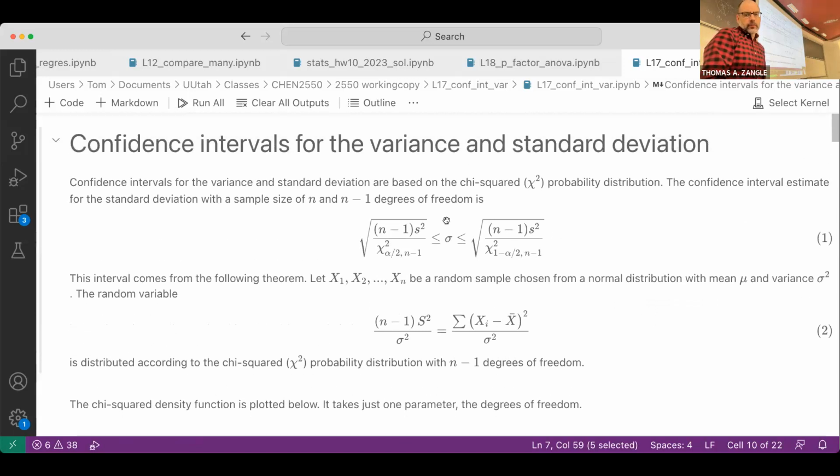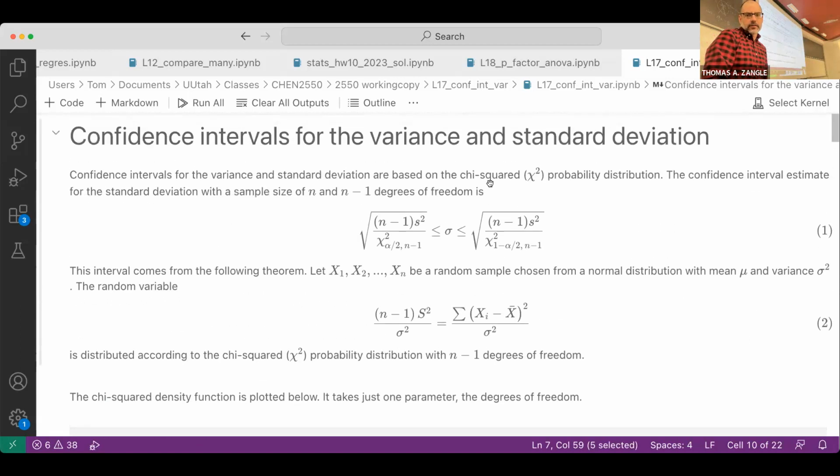We'll start with confidence intervals, and maybe we'll leave hypothesis testing on variance for one day. We're looking at variance, and we want to compute a confidence interval on the variance. So we have a data set, and we want to know